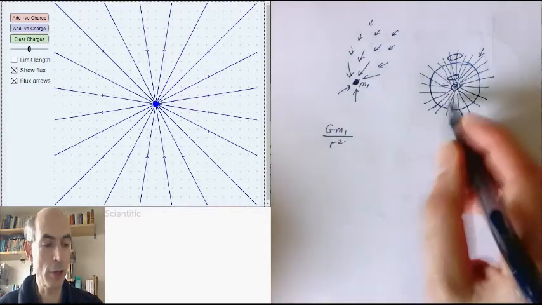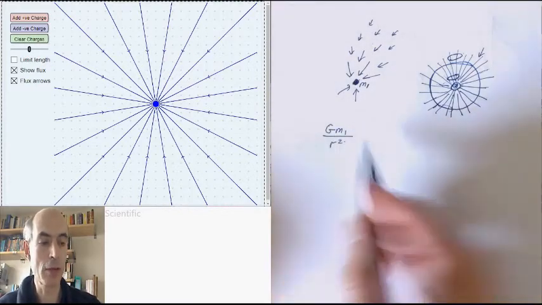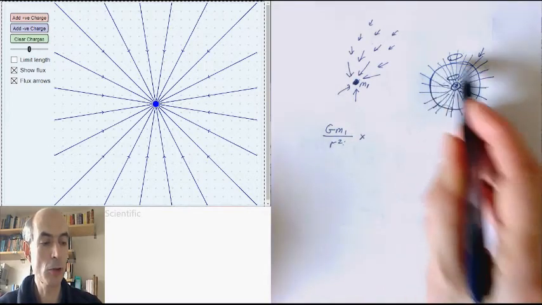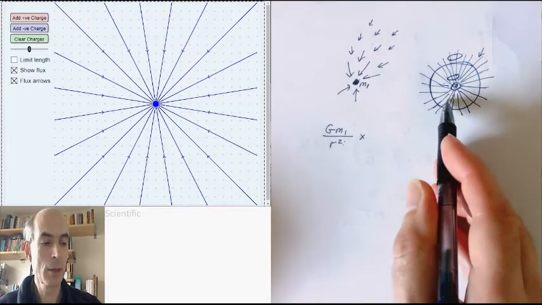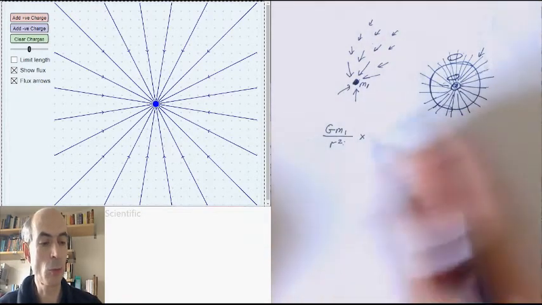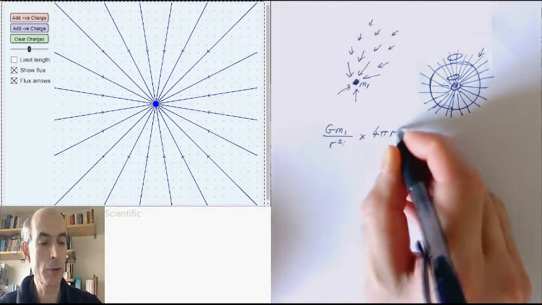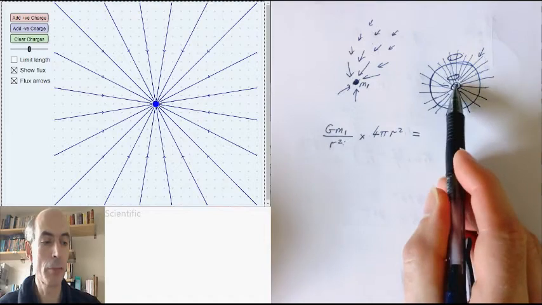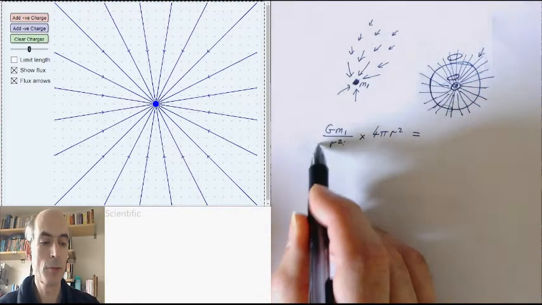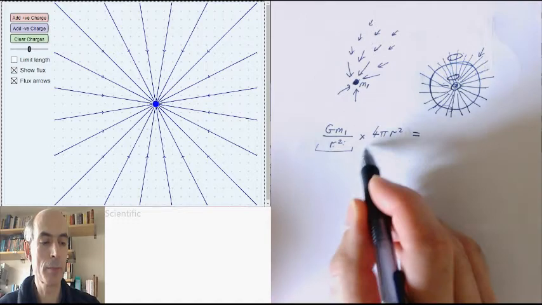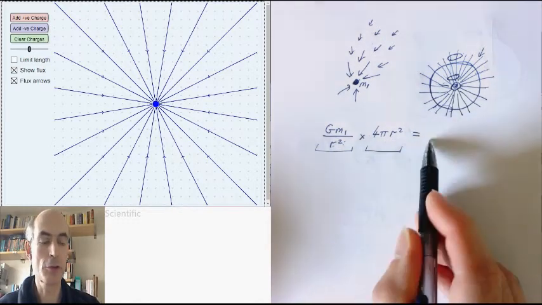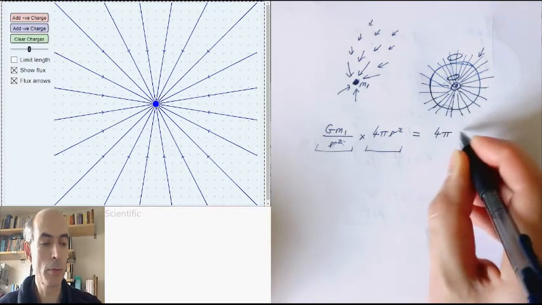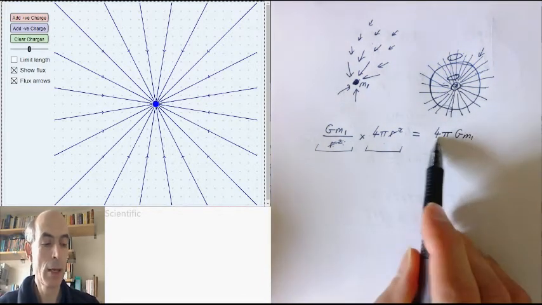So if we take the density of the flux, that's equal to the field strength, Gm1 over r squared, and multiply it by the total surface area of the sphere, which, at a distance r away, would be 4 pi r squared, that will give you the total amount of flux emerging from the sphere. Density, that's flux per unit area, times the area, gives you the total flux. You'll see that the r squareds cancel and just give you 4 pi G m1, which is not a function